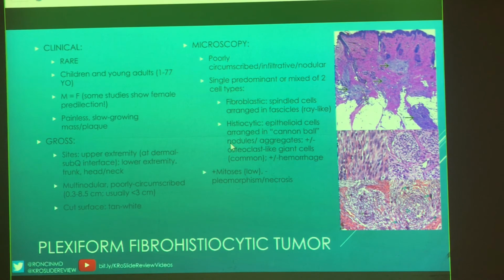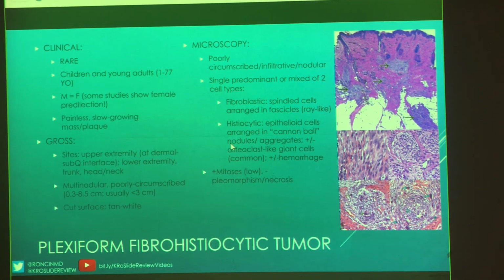They are multinodular, poorly circumscribed lesions that range in size from 3 millimeters to 8.5 centimeters, but they're usually less than 3 centimeters. But still, 3 centimeters is a very large nodule. On cut surface, they are tan-white, and on microscopy we recapitulate that poorly circumscribed, infiltrative, nodular type appearance. They can either be single predominant, which means they only have one type of these cell types,